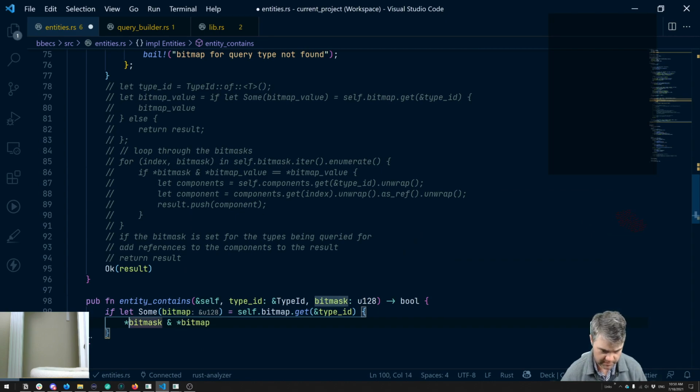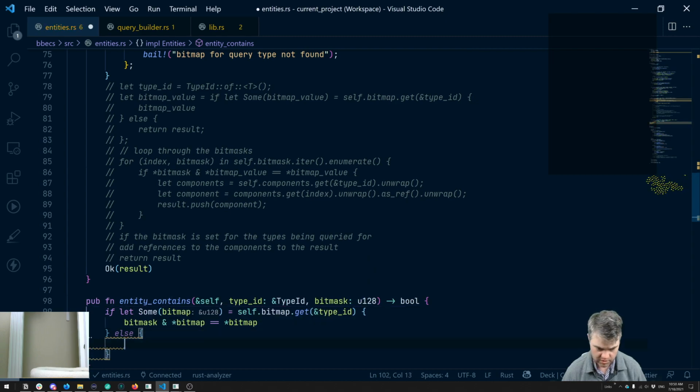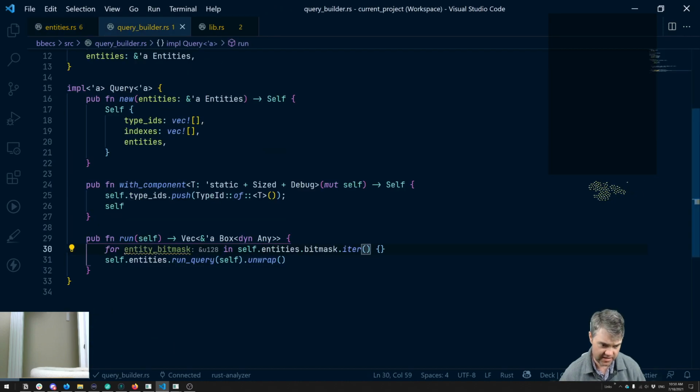So bit mask is that, and that is equal to the bit map. So that's what we're going to return. Else, we're going to return false. So now we can do this entity contains here. So if the entity contains this,